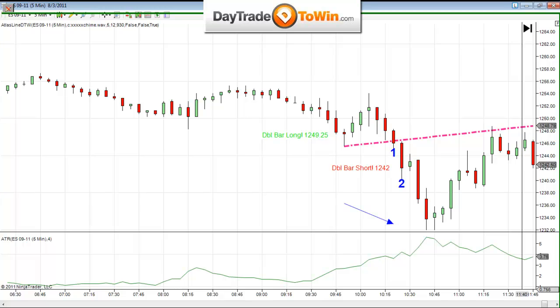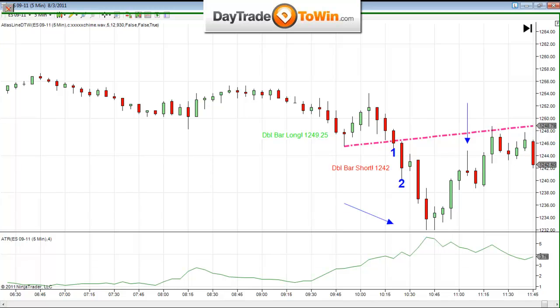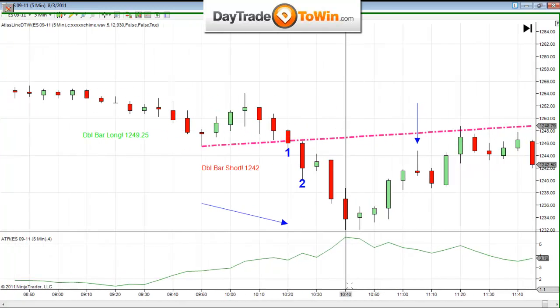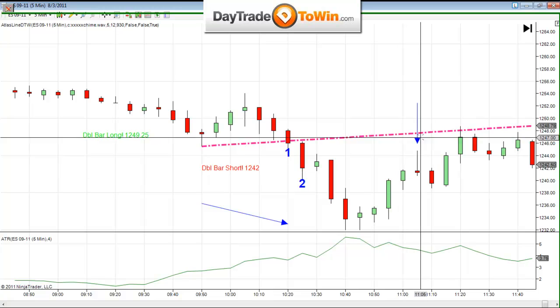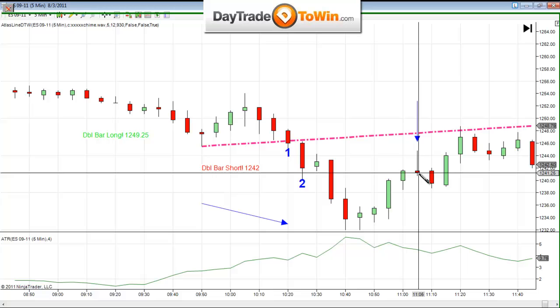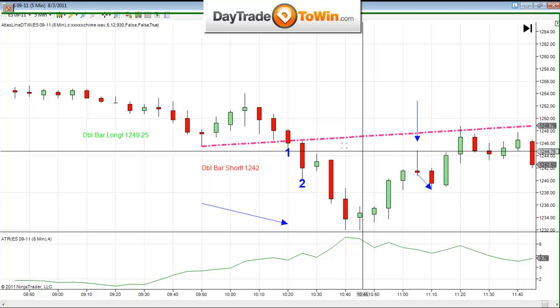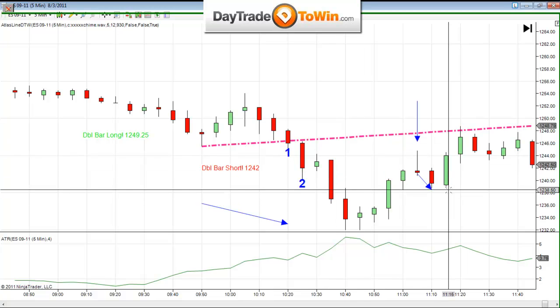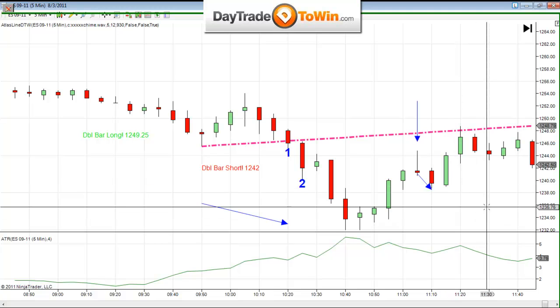And so what I like to look at here is this red candle right there showing me that now I'm going short. After we have this pullback of green bars, I just need two, there's four. This red candle, as soon as it closes, I'm going short. At the close of this candle, I'm going short, limit or market. I'm only going for a point or point and a half, just a quick trade in and out. So 1241 quarter, 1238.50, it's more than enough room to make a quick trade there.